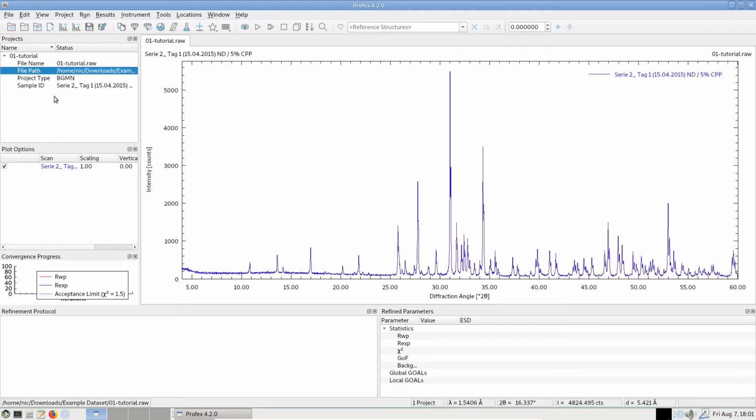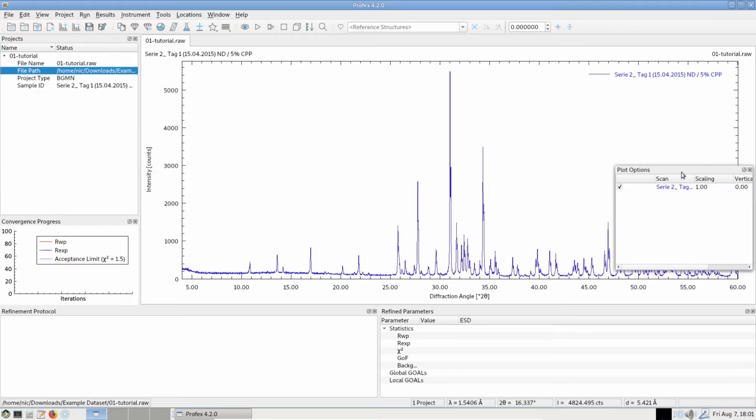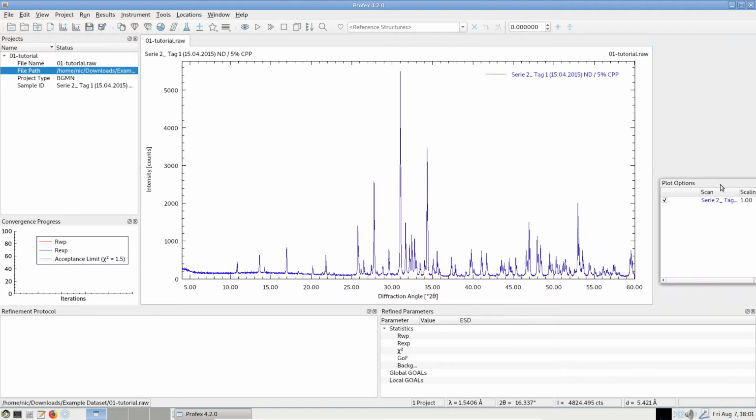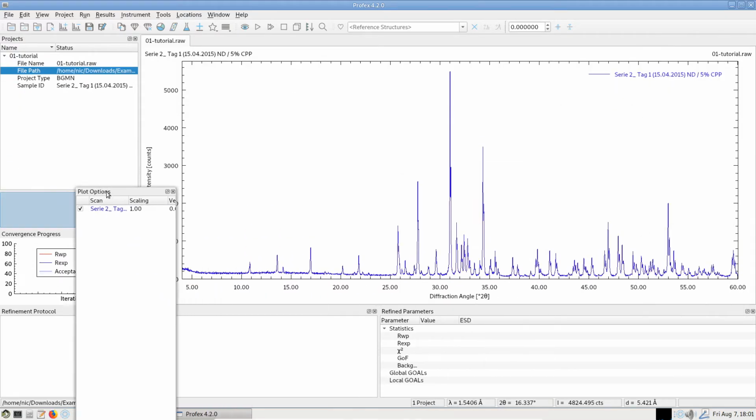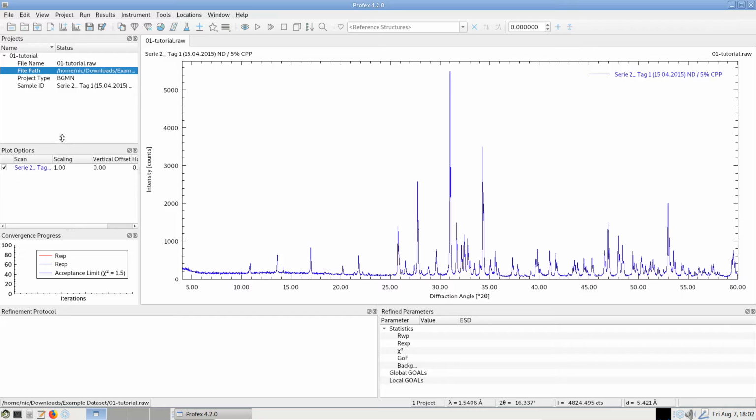So now instead of stacked windows, we see them in a vertical arrangement. Or I can also dock it somewhere else. As soon as I approach the outer area of the main window, I will get notified about the dock area. So I can also dock it here. So it's very flexible. I can freely arrange these windows, and I prefer to have my projects list on top,